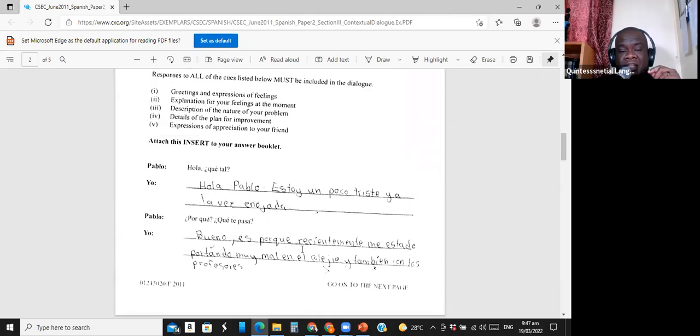So the point I'm making is this. By reading all that the person said beforehand, before we write anything, by looking at the cues that we have, it gives us an indication of what to write and how much to write. So, ¿qué tal? And then por qué and ¿qué te pasa? So what precedes tells us what we should start off saying in our response, and what comes after tells us or hints to us what we should end off saying in our response.